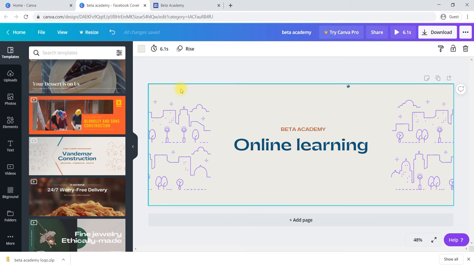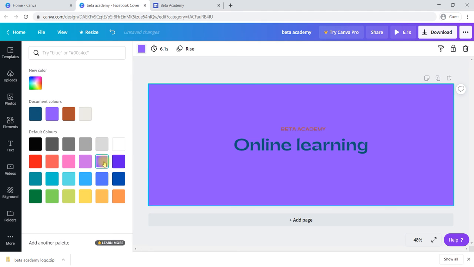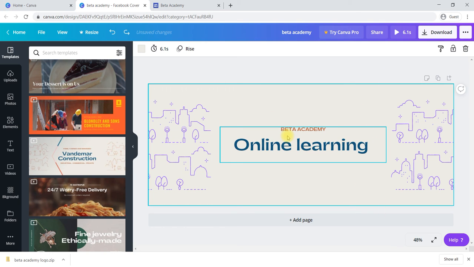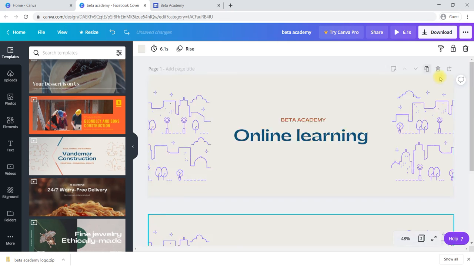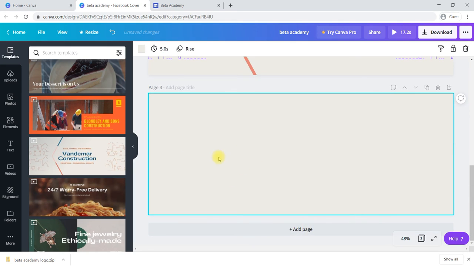Select this background like this. You can change the background color also. Like this you can change it to any color. If you would like to copy this particular thing, you can duplicate the entire thing. Again, if you would like to add a blank page, you can add a blank page and start creating your own banner using text.